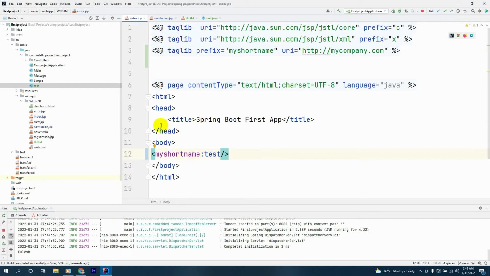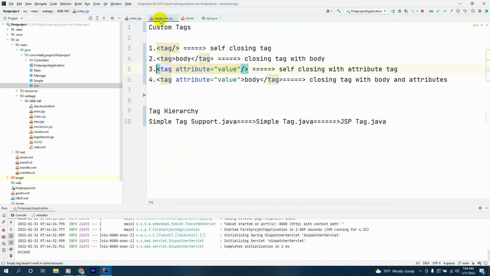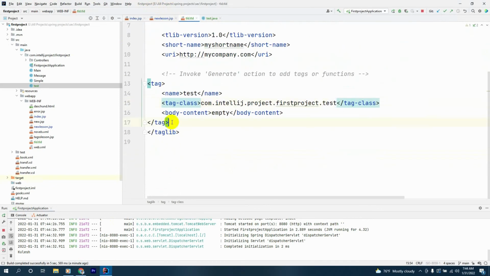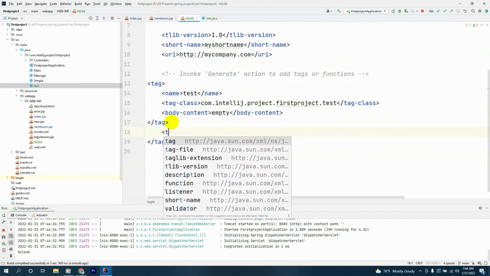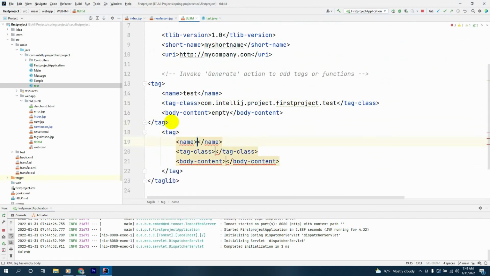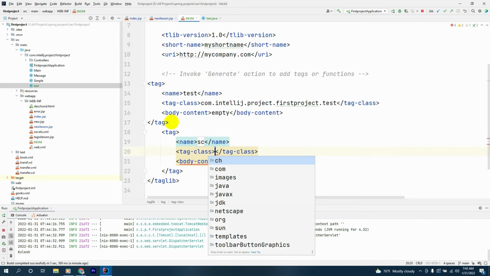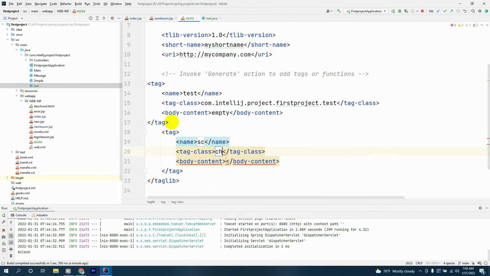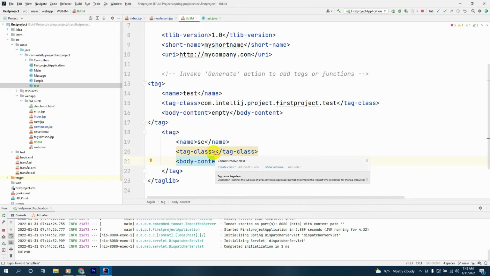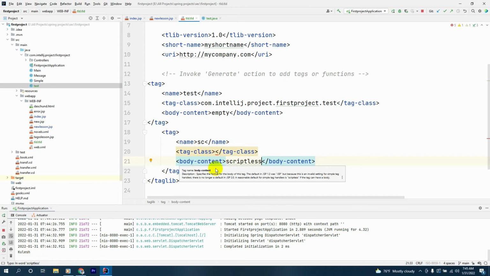Next we'll make a body custom tag. We go to the TLD and after the self-closing tag we'll have another tag with the name SC, and the tag class will be, before the tag class we will provide the body content. For this we will say scriptless. And the next thing what scriptless does is it provides a body for our tag,